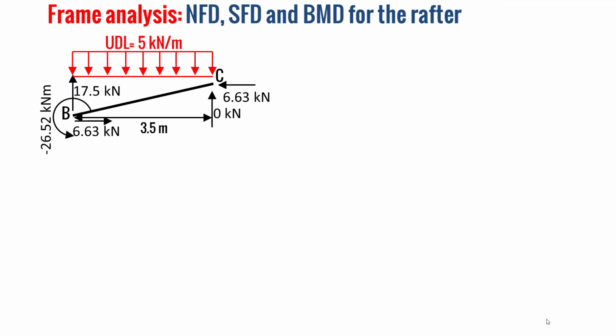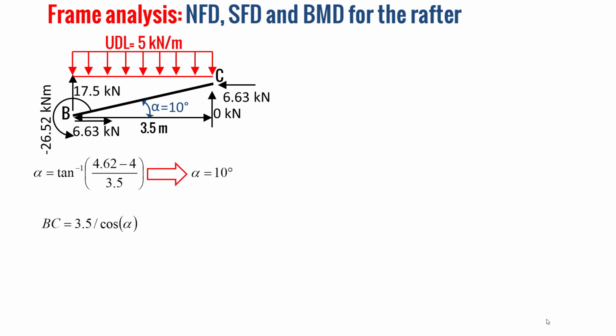Well, now I'll try to explain how to determine the normal force, the shear force, and the bending moment diagrams for the rafter. So here we have our rafter BC with the forces and the bending moment at the points B and C, and the UDL applied on the rafter. We have an angle alpha, which is the inclination angle of the rafter, and we determine the angle alpha as 10 degrees, and we can also determine the length of the rafter BC as